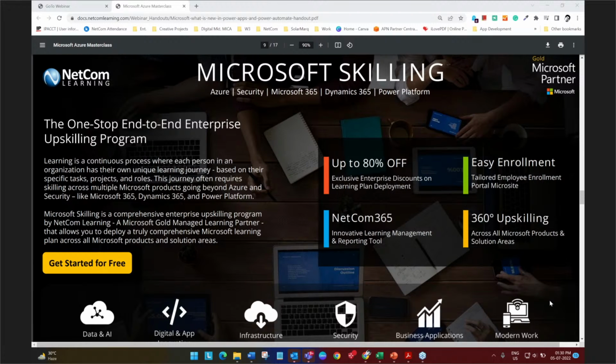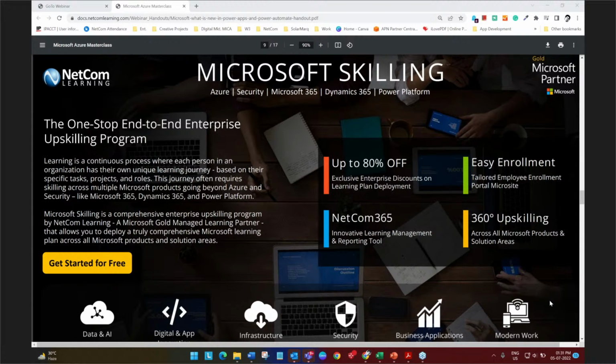Based on your specific focused requirements, we are going to create a highly optimized Microsoft skilling plan that is not limited to a particular product line, but can branch out into related solutions within the Microsoft ecosystem. So if your team is working with the Microsoft 365 suite, and you also have a cloud team who are requiring Azure, you'd find everything under one umbrella. So it really provides a great value for our enterprise customers. We highly encourage you to get in touch with us and explore and know whether the solution is the right fit for you.